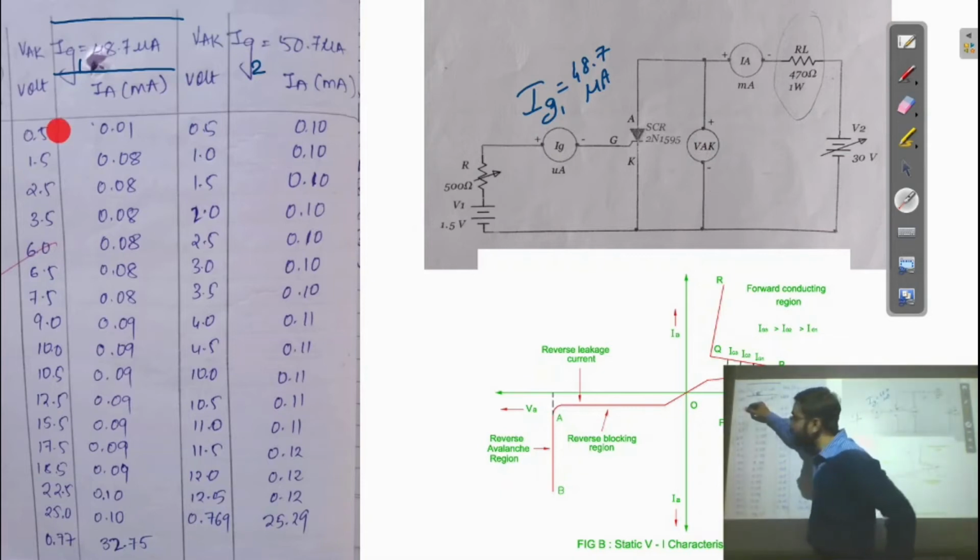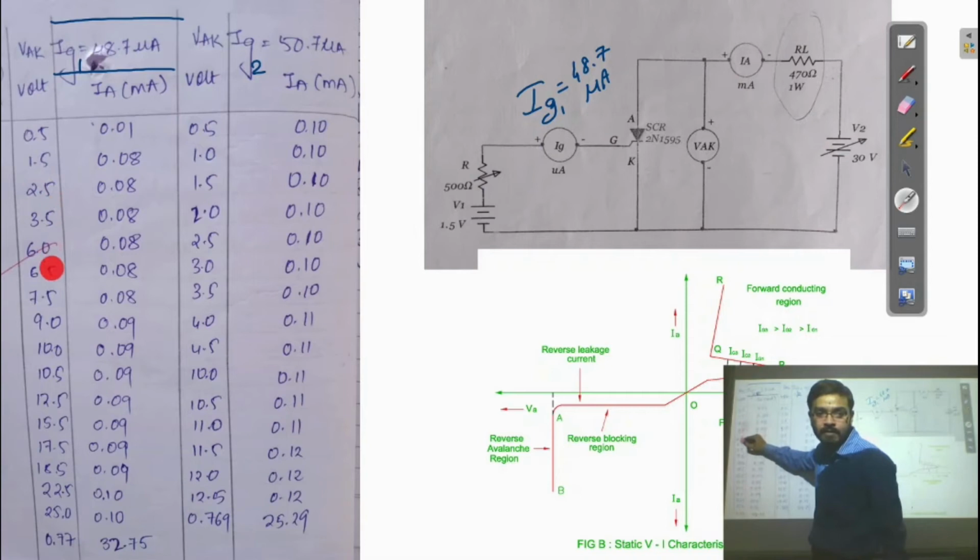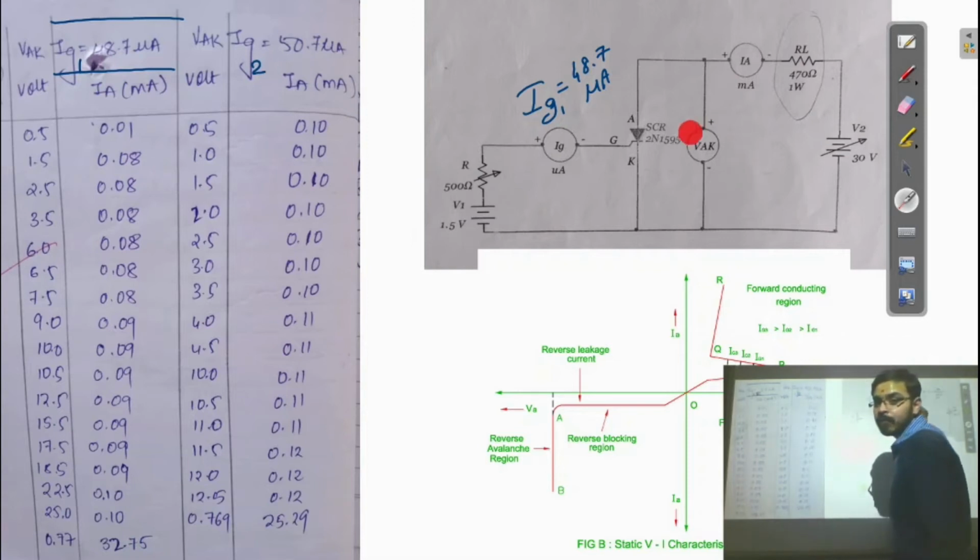We will increase VAK from 0.5 to 1.5, 2.5, 3.5, 5, 6, 7. You can see the current flowing through the output of the circuit is nearly zero, very, very small. That is just leakage current. Means the SCR